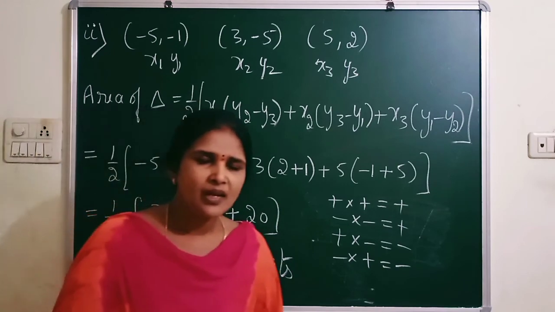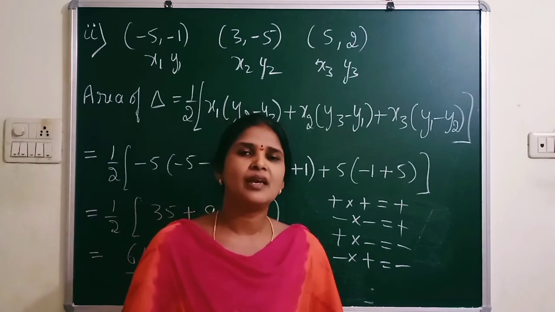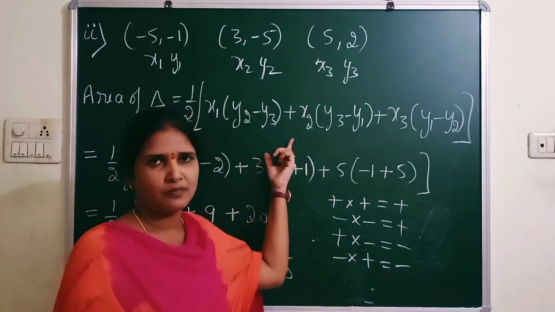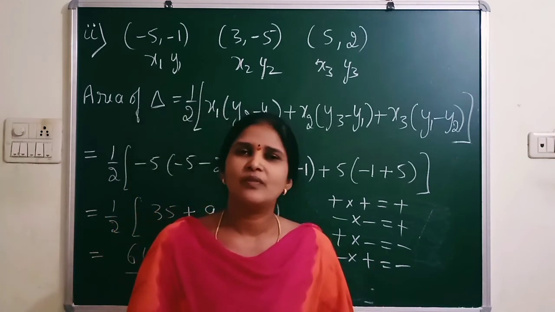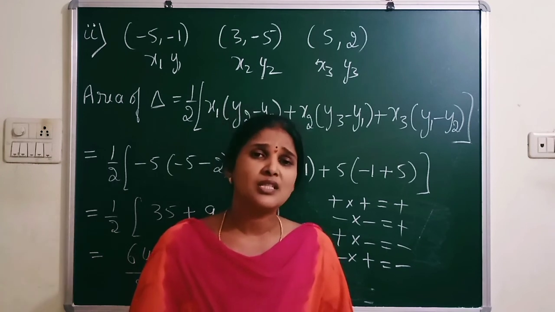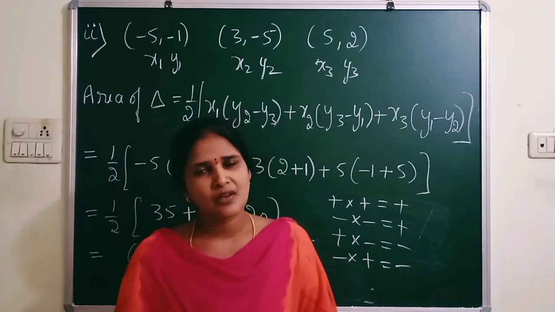So in this way, we can find the area of triangle in the Cartesian plane using this formula. So with this, I complete this session. In the next session, we go with the second main, that is a very, very important concept, which is the concept of collinear, which we already learned in exercise 7.1.